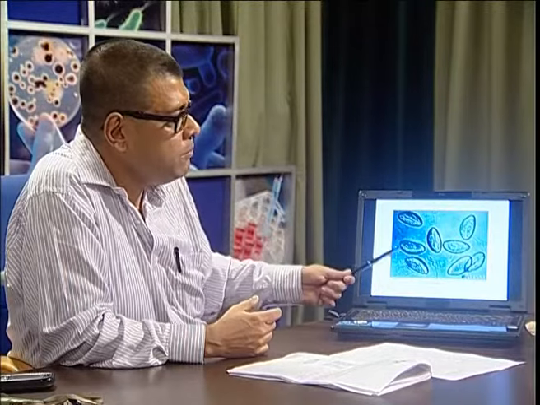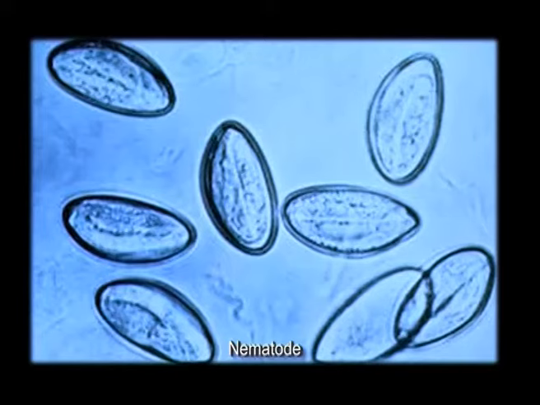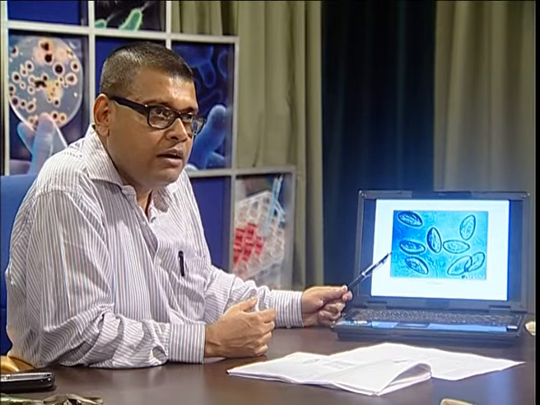This is a typical nematode. Now nematodes can be parasitic in nature, causing disease to human, like the roundworm causing ascariasis, and can also infect plants, causing different nematode-induced diseases. There is another group of organism, which is commonly the tapeworm, which causes infection to the human intestine. They are causing mixed infection in the human intestine.